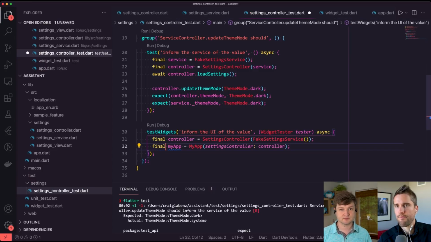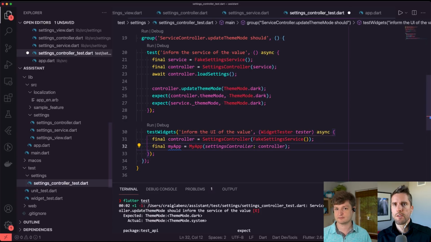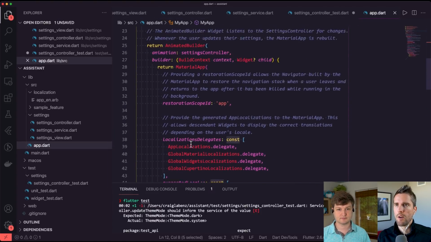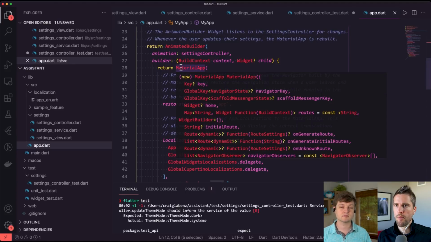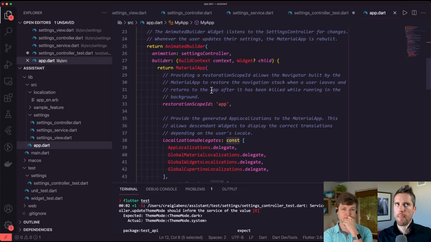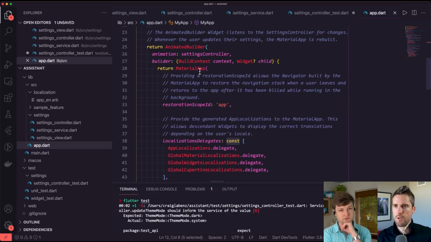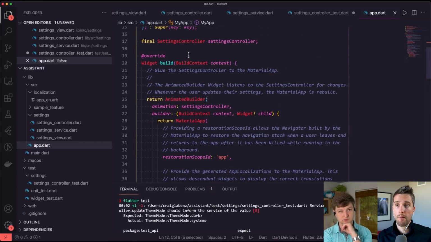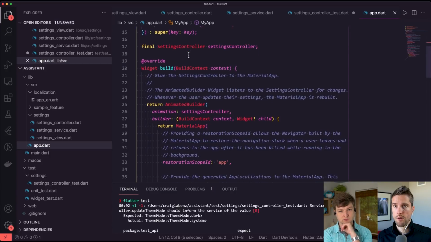All right. So now, let's pop back. Let's close this widget test file, and let's look at what we've got going on. Our material app. This, we may need to give a key. Actually, we can probably just find the material app. But at some point, we're going to need to check that the material app in my app has the correct